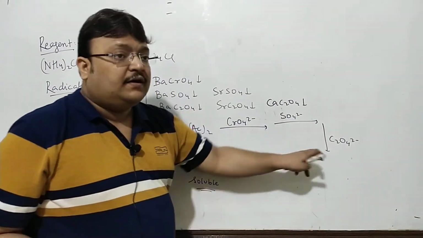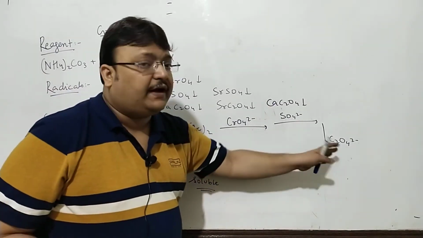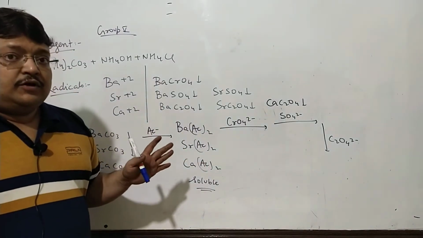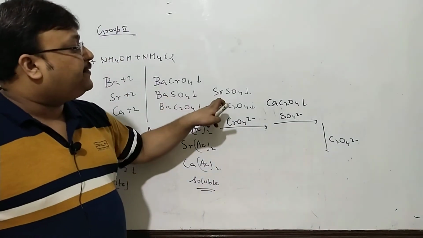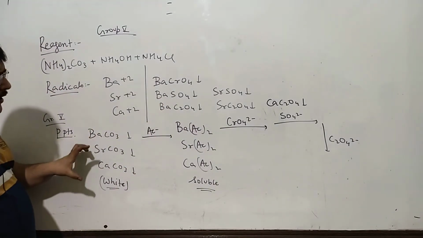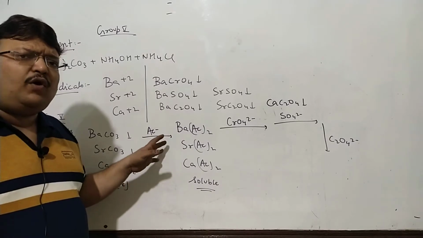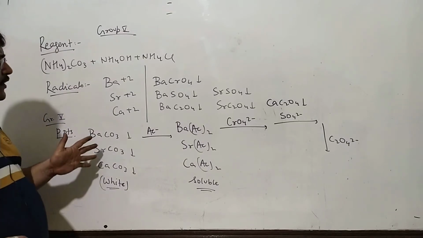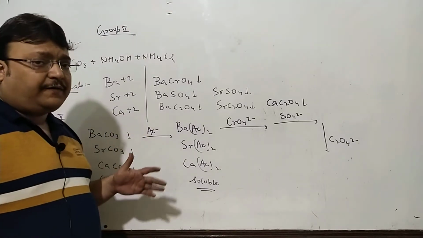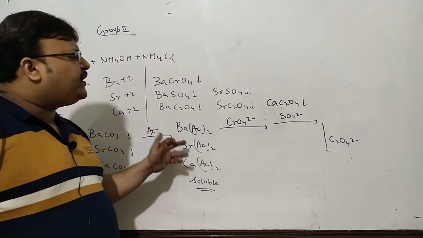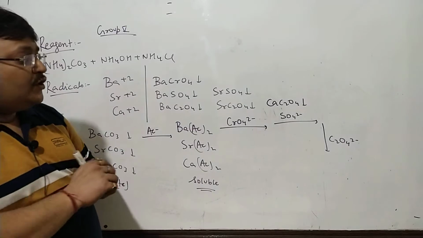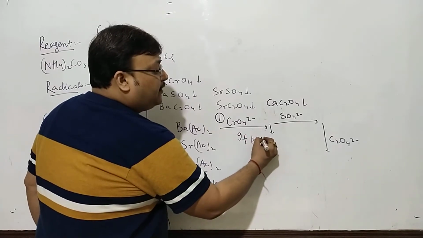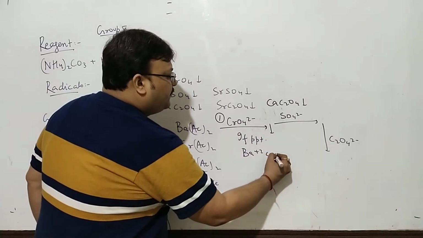Because if you start with oxalate, all the three will precipitate again. If you start with sulfate, then both barium and strontium will precipitate. Once you have got a precipitate and dissolved it, it could be any one or all three of them. Remember, a group 5 precipitate could be any one or all three of them. So you want to dissolve all three, if present together, as acetate, and you want to begin with chromate, where only barium will precipitate. So this is the first reagent which you add. If there is a precipitate, barium is confirmed.